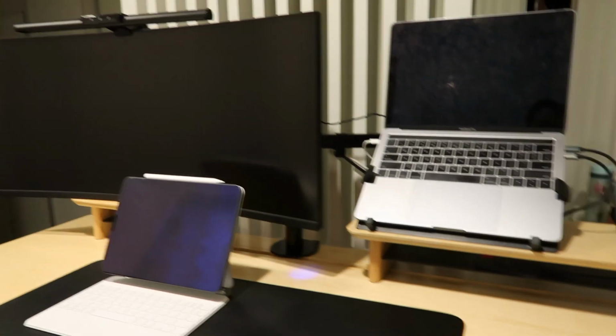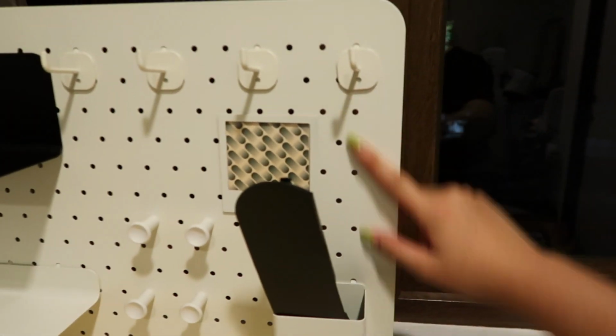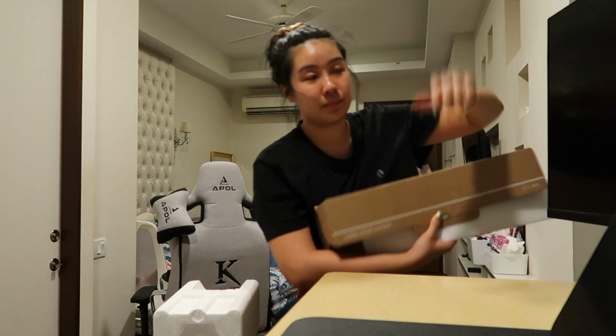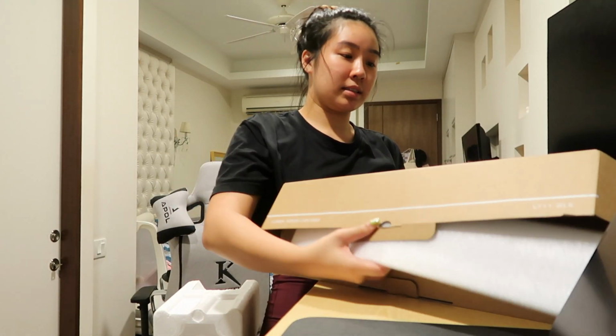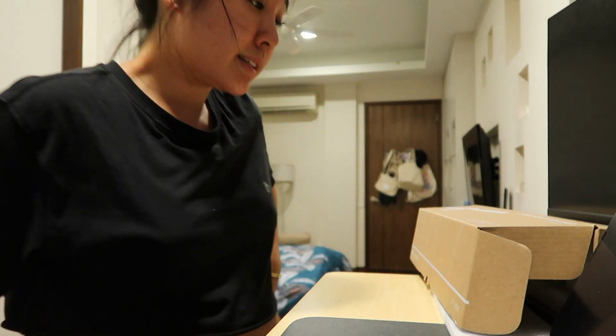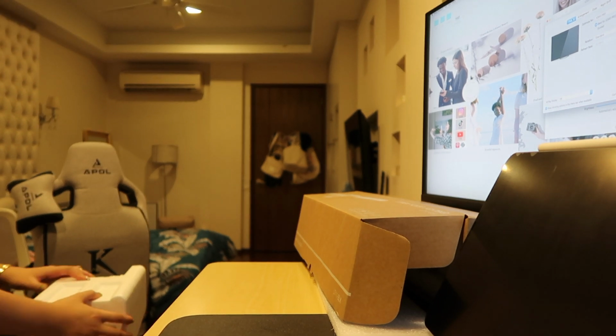I'm gonna do a more in-depth desk setup tour for you guys, so it's gonna be a lot of fun, and I really like this. Oh yeah, I wanted to tell you guys about this light, it's called the Lumen Hover Light Bar. Now it's the real cleanup time because I really